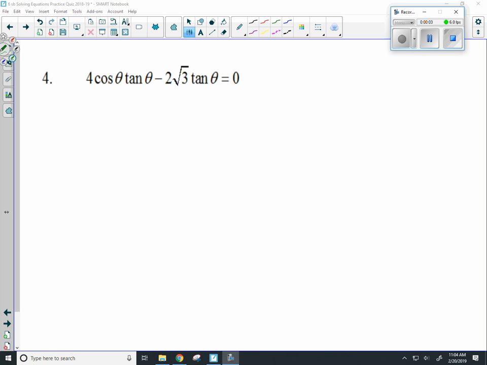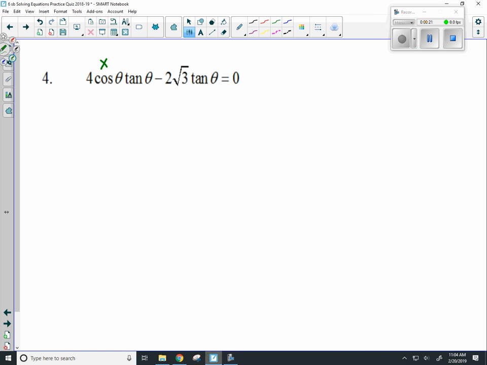Alright, for number 4, I feel like a lot of people find this one intimidating at first because, 1, there's a radical in it, and 2, it doesn't look like you can do much with it. There's not really a lot that we could do with it. However, if you look at each term,